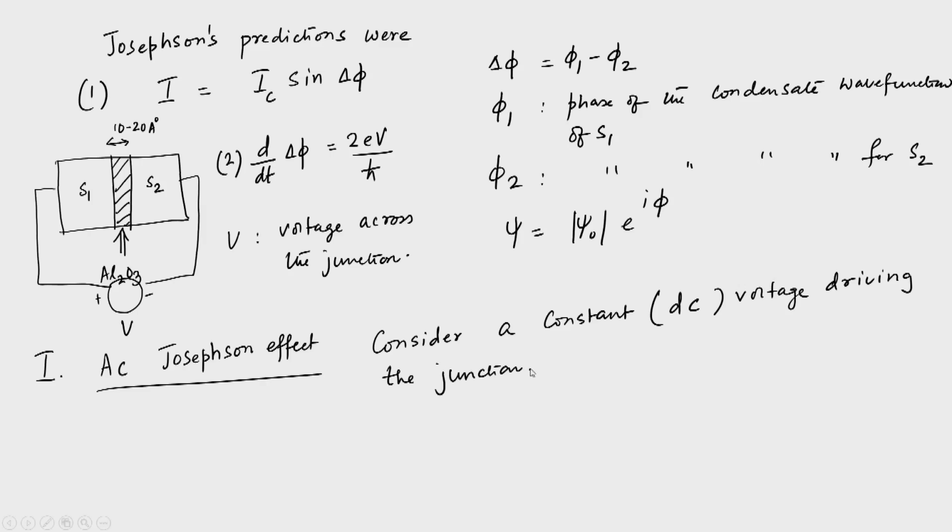So, which means that V is equal to constant, and if V is equal to constant, then your delta phi is 2 E V T by H cross. So, that can be put back into 1. So, putting it in 1,